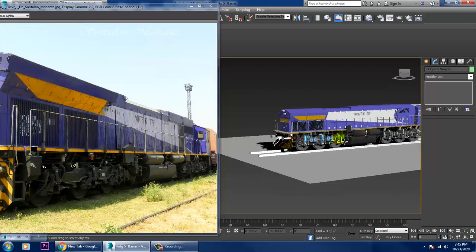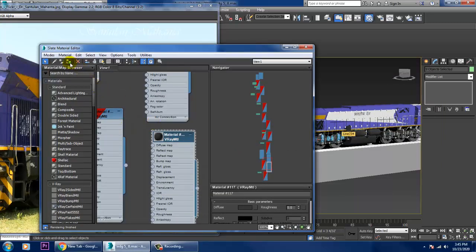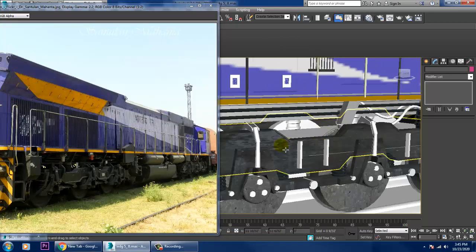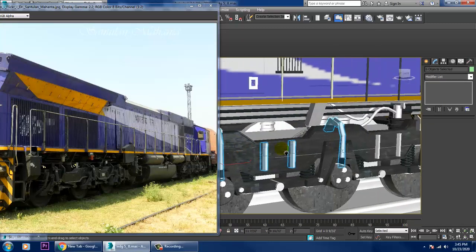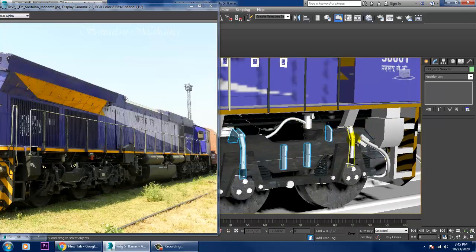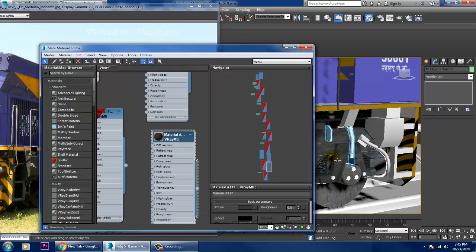Alright, so let's go again into material. We are not unwrapping each and every part over here, so we can just texture it. We can just give a plain material for all this. Assign a material.